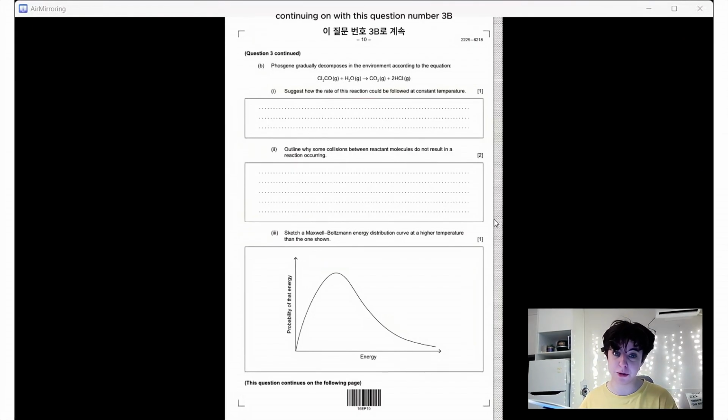Continuing on with question number 3B for the SL paper, though this is also in the HL paper. And we are seeing that this phosgene gradually decomposes in the environment, with just the water vapor in the air, into carbon dioxide and hydrochloric acid. And so this part one is saying to suggest how the rate of this reaction could be followed at a constant pressure. And so when we're thinking about how to track a rate of reaction, there's a few things that